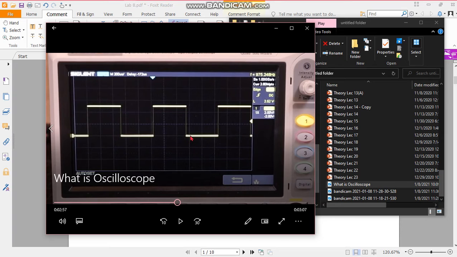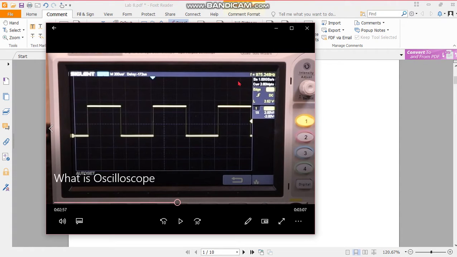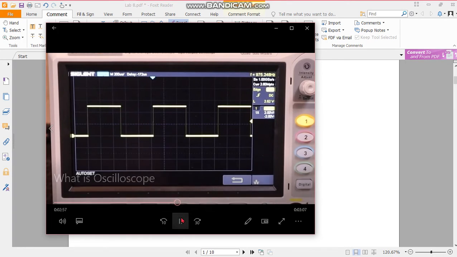Okay, when you connect your home electricity, that is AC current, you see the sine waves. But when you connect something digital, it will give you digital waves, that is 0 and 1. So it can be used for both digital and analog description.